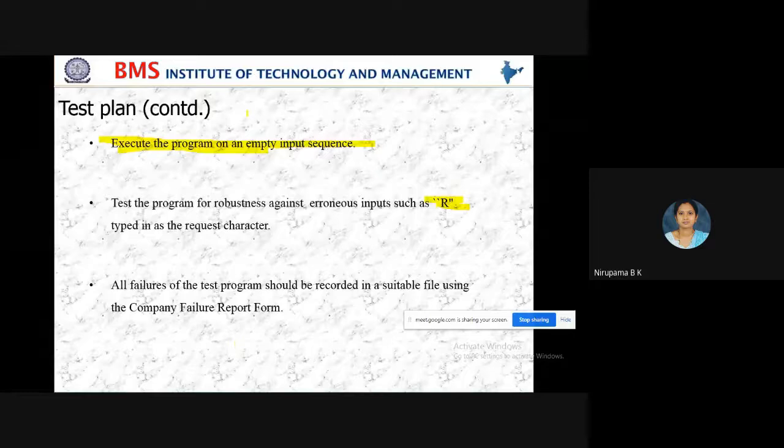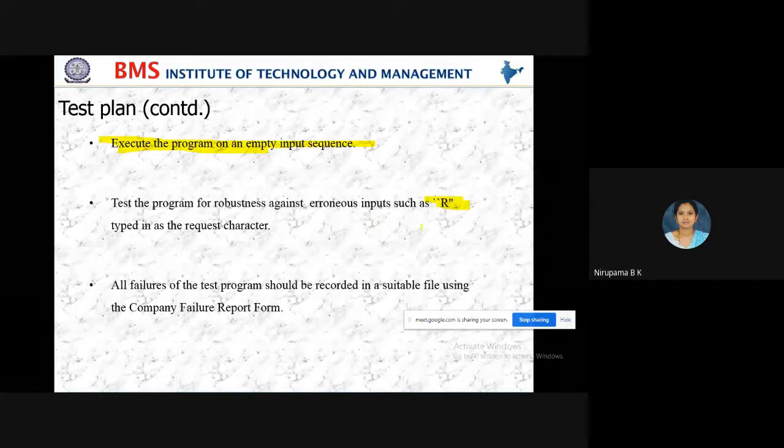See, these are the test case possibilities. Your program should not have an empty input sequence. And other than A and D, if you give any other character, then it should display the error message.